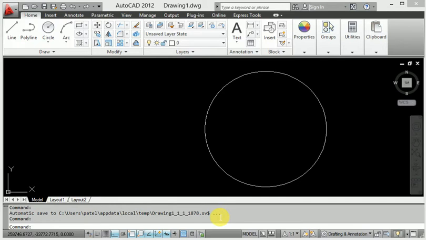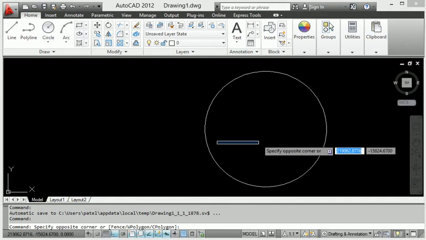Today I will discuss how to use dimension, linear dimension. Basically, it is very important to use the different types of dimension here, and how to use the different dimension processes and the shortcut keys. So let's start from dimension here. First of all, look at this.